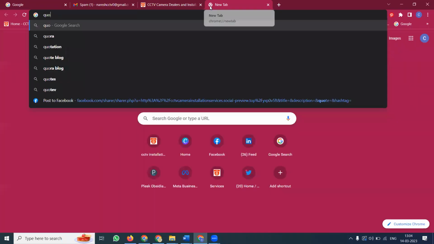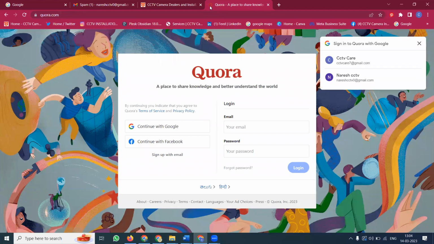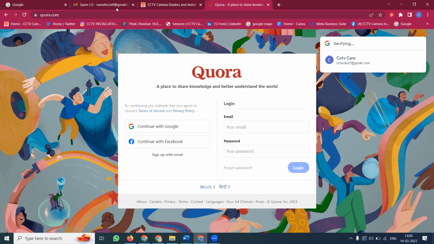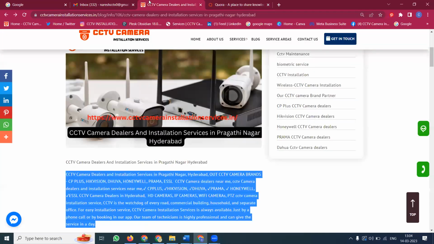First of all, Quora is a forum submission website. It is only for questions and answers. Suppose you have a doubt about any coding, you can ask the question itself, and they give an answer. And if someone else asks a question, you can give the answer. For this purpose, I first have to log in to my account with Google. With this, I can use it for my website purpose, using the Quora option.